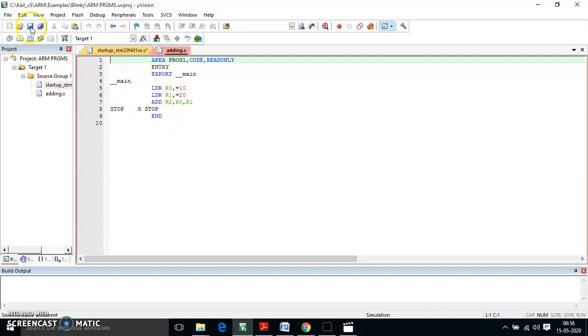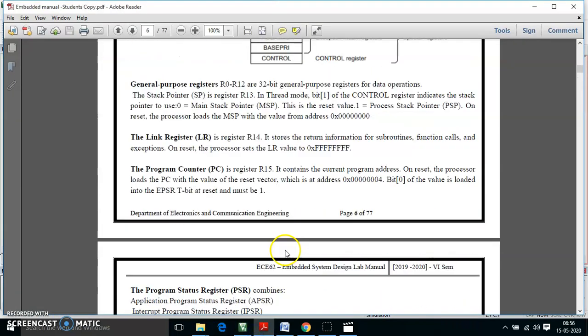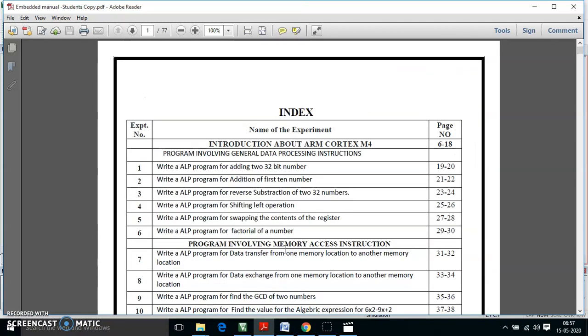So let me execute and debug this program. Let me first save. Let us check whether it is added to the source group. Yes. As I told you initially, you can see the next steps followed for execution.